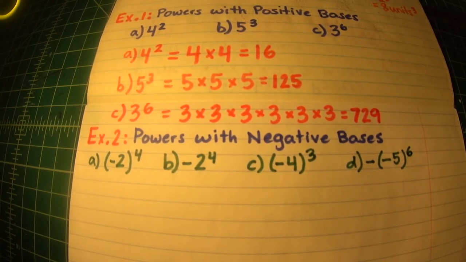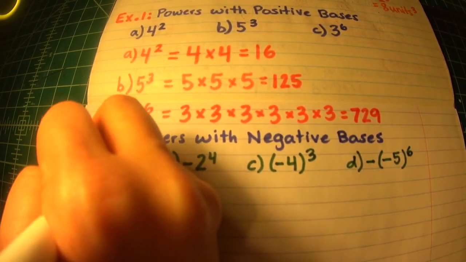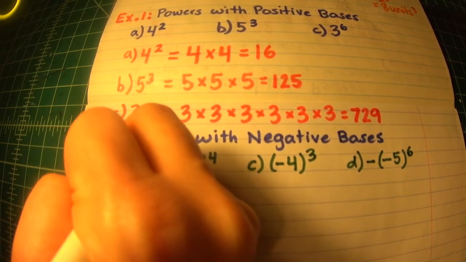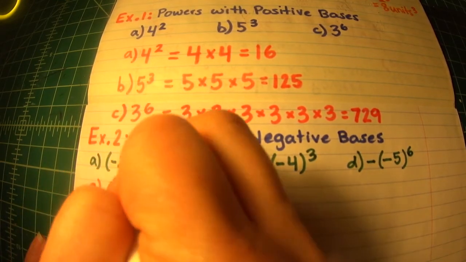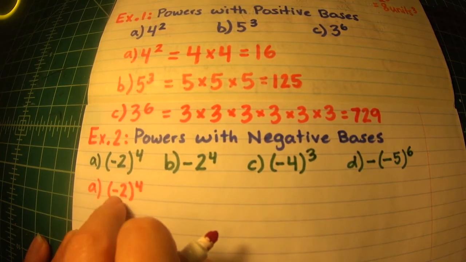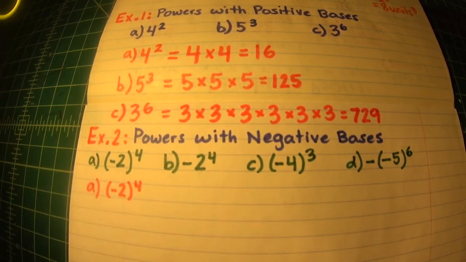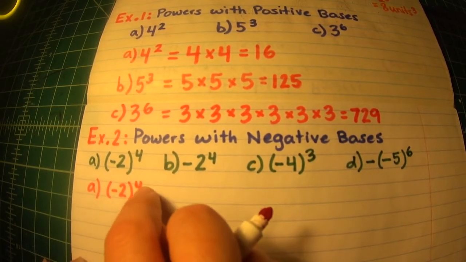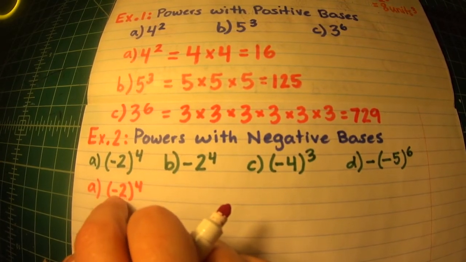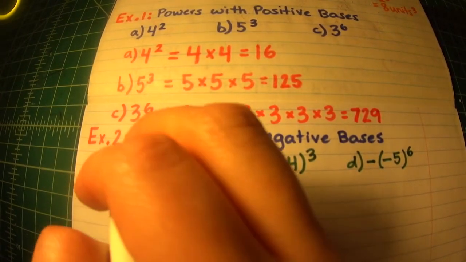Alright, so let's jump in to look at how these are different. So first one, A. So in the power -2, all in brackets, raised to exponent 4, the base is actually -2, because as soon as they're contained in brackets like that, they're unified. The exponent is 4. So the exponent applies to both the 2 and to the negative sign because of these brackets. So when we write this out as repeated multiplication,